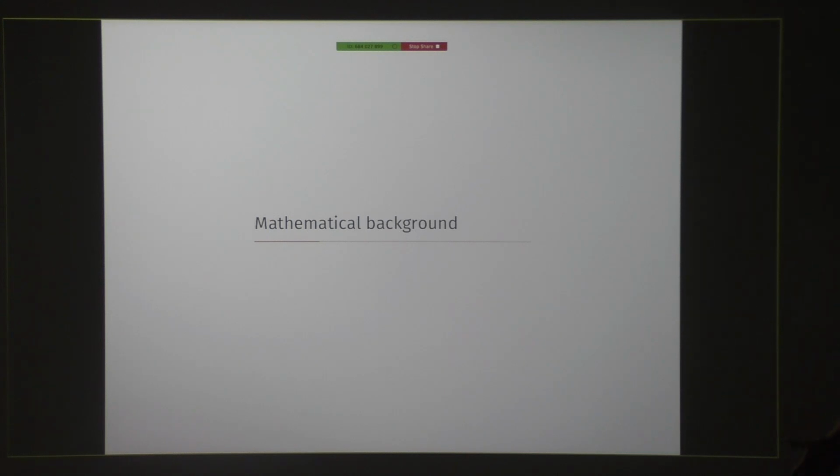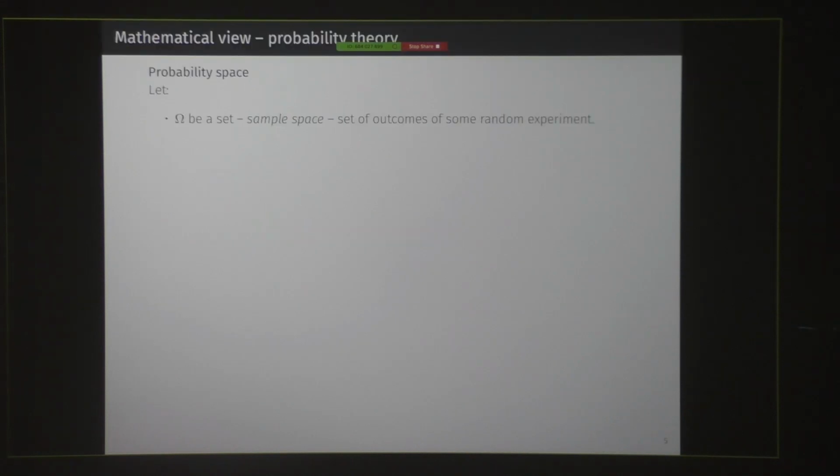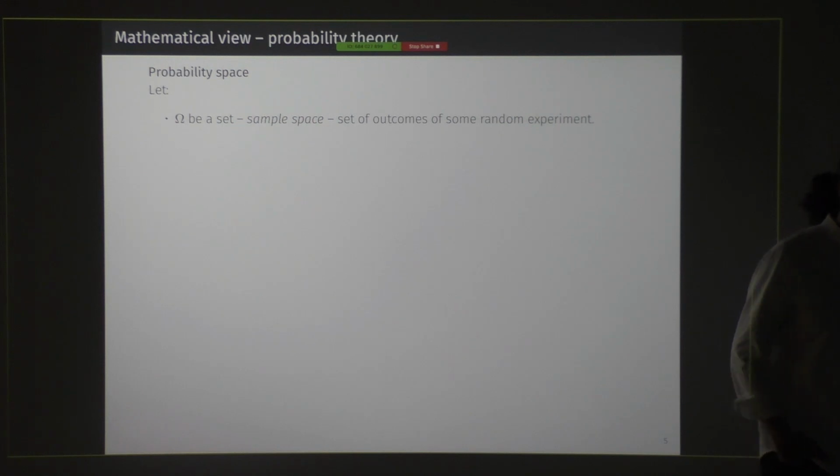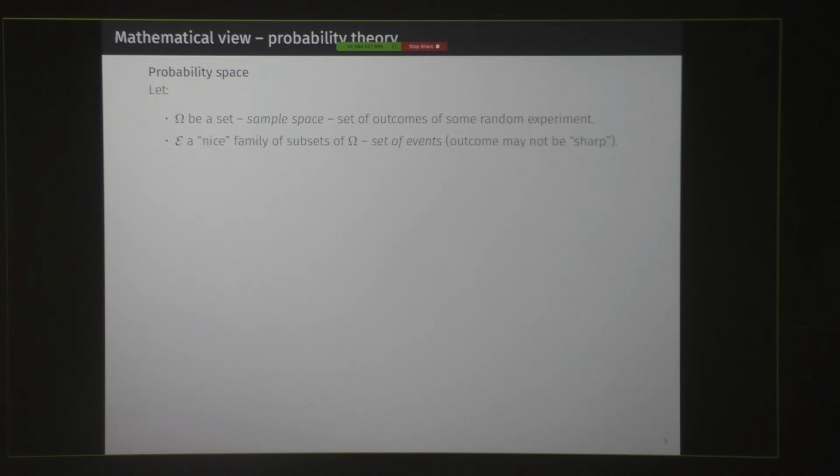So first, my understanding of the problem. The probability theory starts with a definition. We are in the realm of mathematics. So what is a probability space? Well, first we say that we have some set. We call it the sample space. And the outcomes of this random experiment, which we don't know how to describe, actually we don't want to describe, are the elements of this set. That's all we say at this moment.